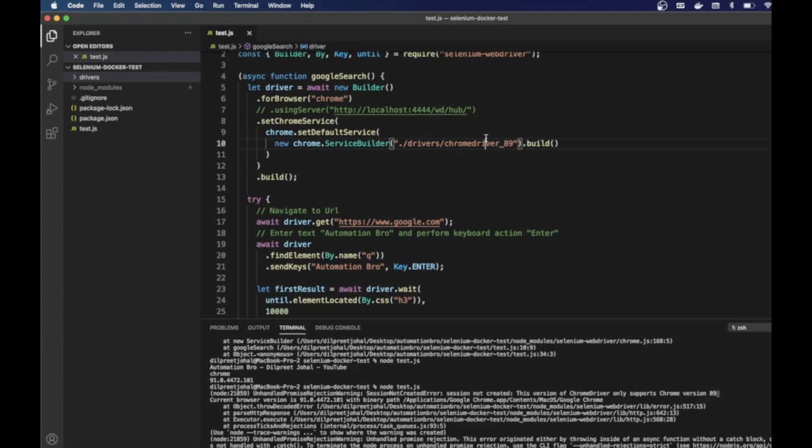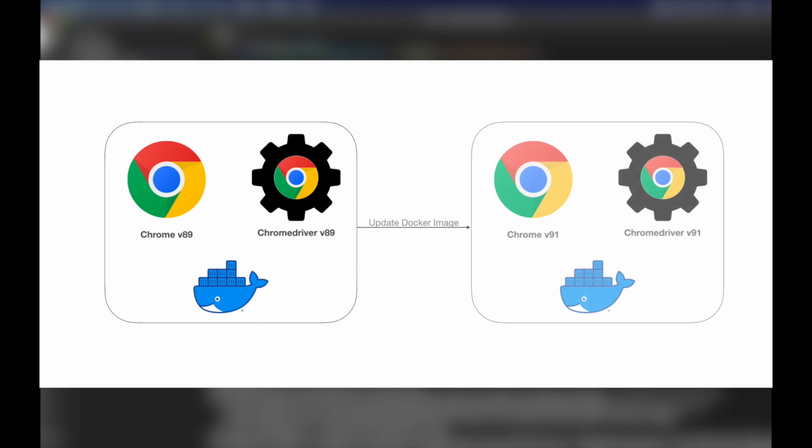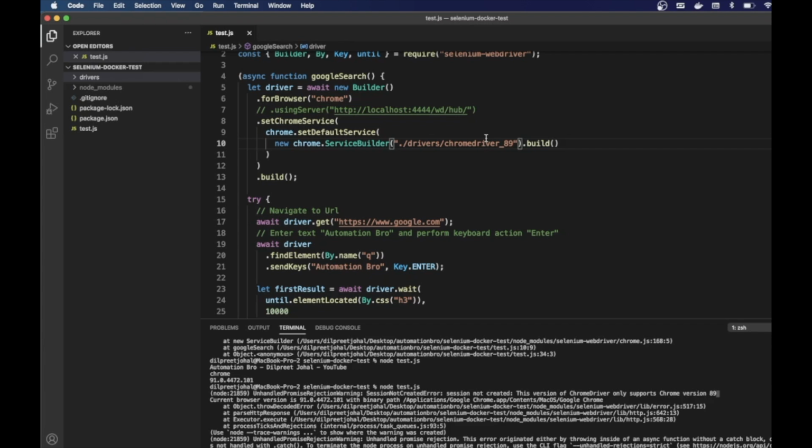Then when I try to run my test, I will be running tests on the exact same version, which will match my driver version as well as my browser version, so that I do not run into this problem. Every time I'm running my test in that Docker container, I'm always specifying that specific version that I'm trying to run my test in. In future, whenever I want to update that version, I can manually go in and update my Docker image, and then I can run that test, let's say, with the latest Chrome version, which is Chrome 91, or it can be any new Chrome version that will be out there at that time.